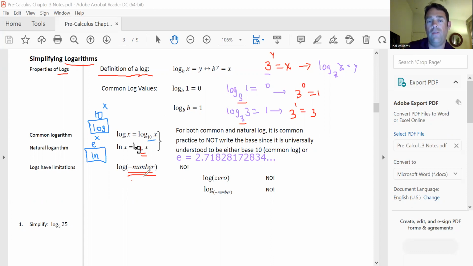We never, ever take the log of a negative number. Friends, if you're ever taking the log of a negative number, you just tell yourself that log does not work. You cannot take the log of a negative number. Likewise,